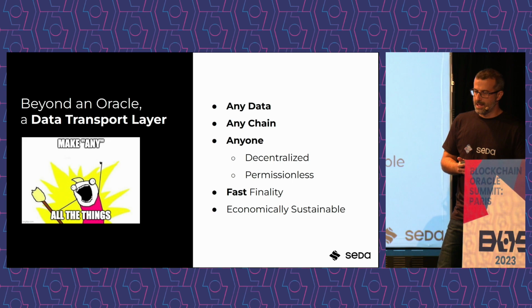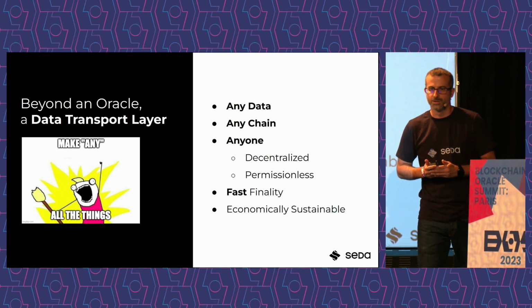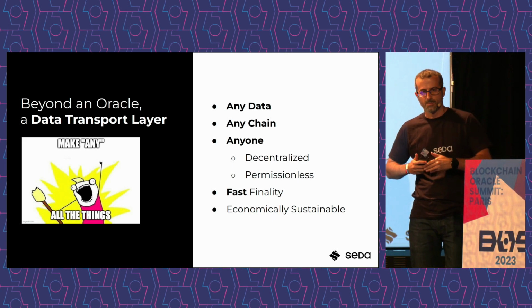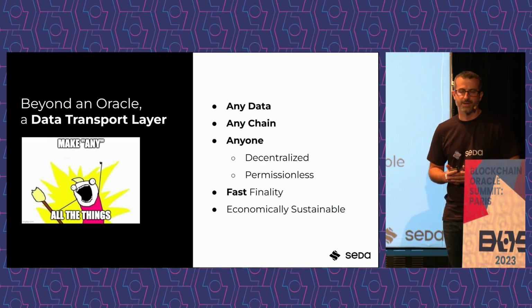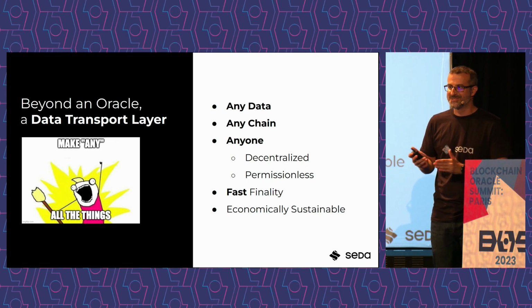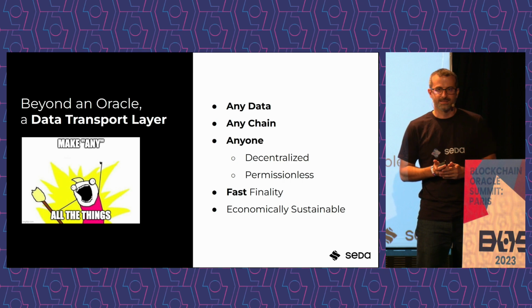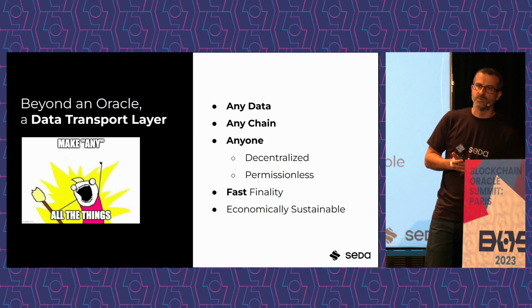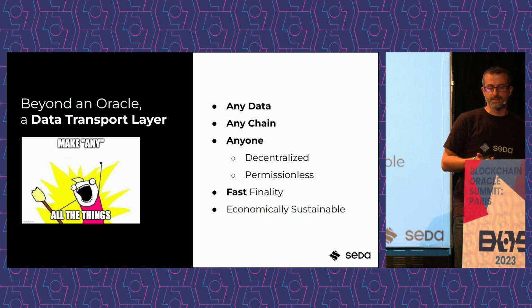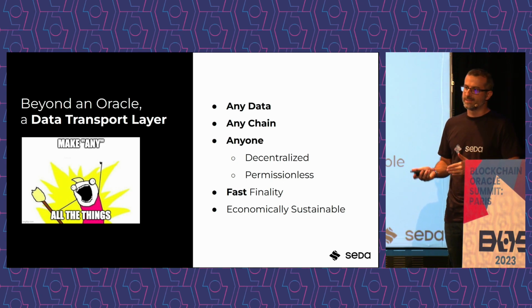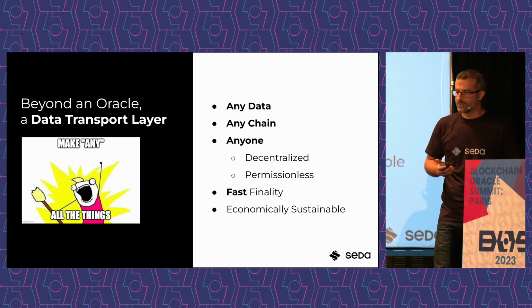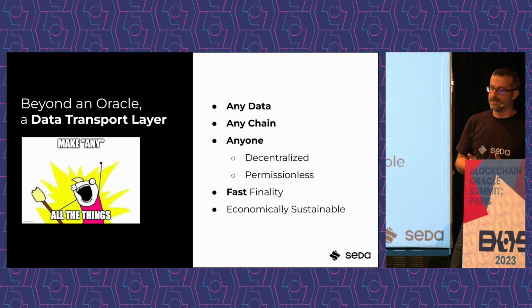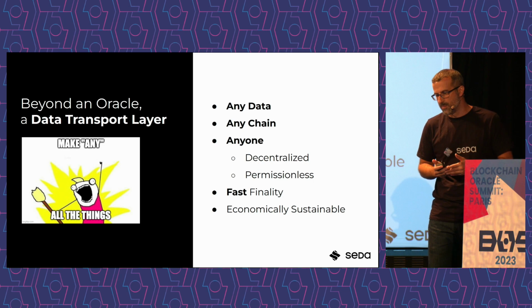First of all is any data. We want to query not only price feeds, as we focused on with our FPO, but anything. We also want to be able to integrate with any chain, so any rollup, any layer 2, anything, where the small print is that it's a smart contract capable chain. And then something that is right now paramount for us is that it should be usable by anyone. Not only querying data, but anyone should be able to participate and join the network. It doesn't matter if it's a node operator, a data request executor, anything. So the idea here is to build a protocol that is decentralized and permissionless.